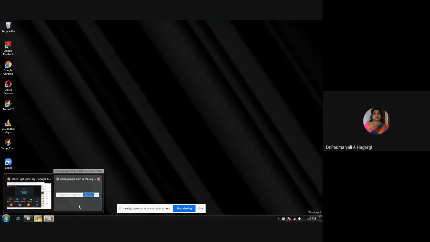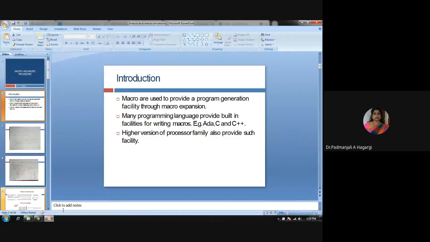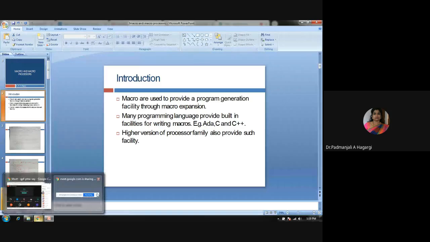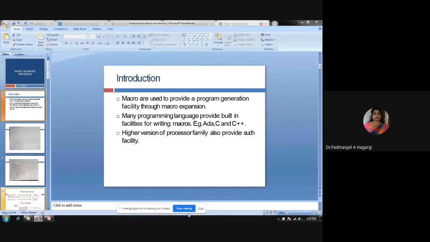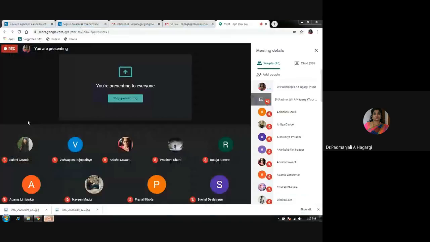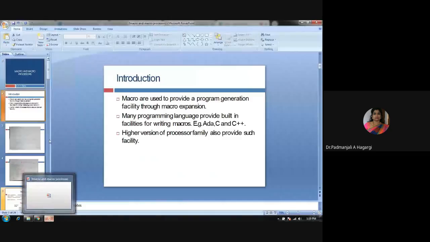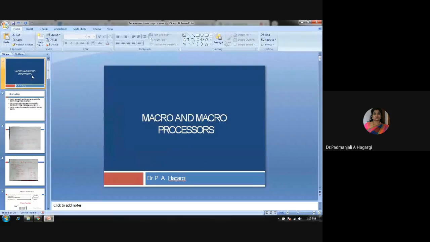Anybody? If you know, can you tell? They were macro processor, file inclusion, and compiler control directives.